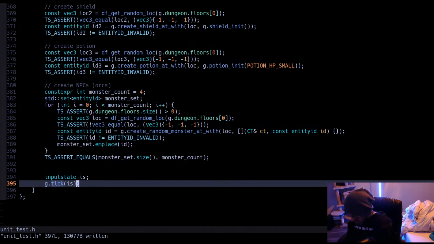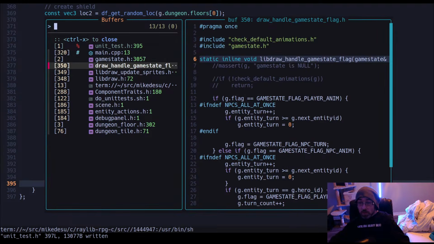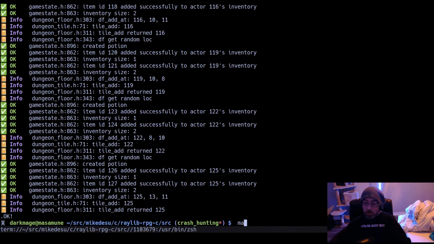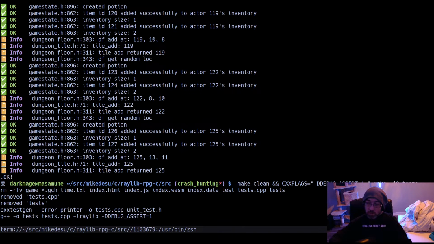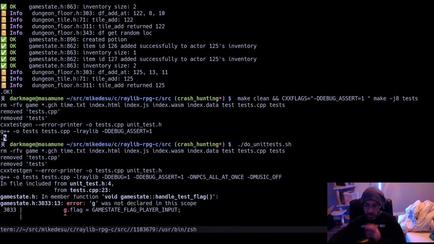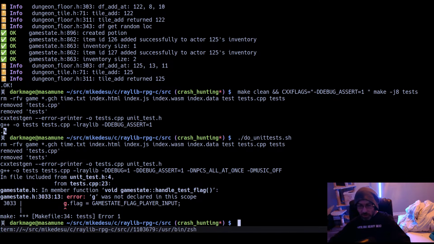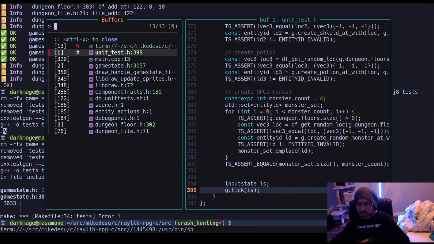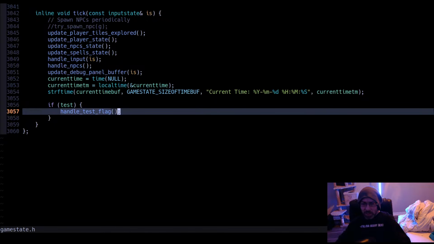I'm curious what's going to happen. We're simulating one time step in the game. Keep forgetting to run unit. Oh wait, hold on. So I got it.